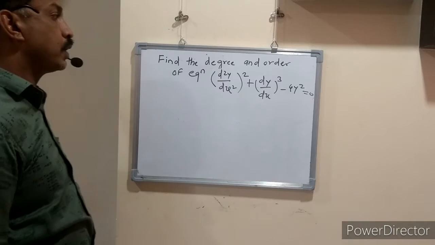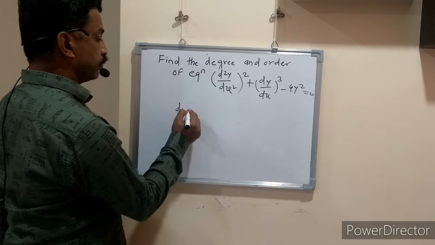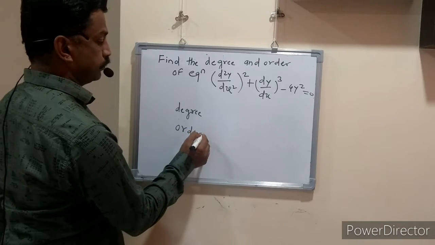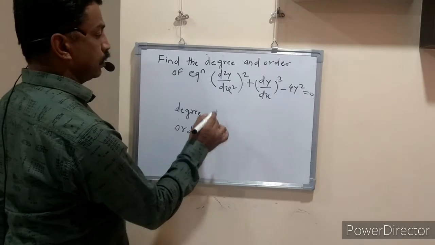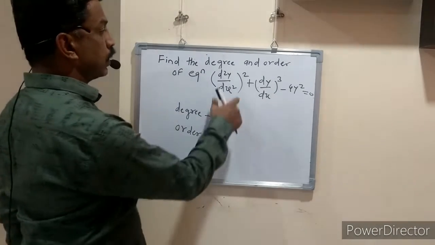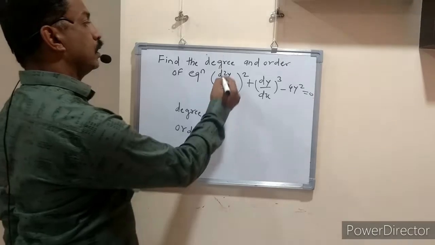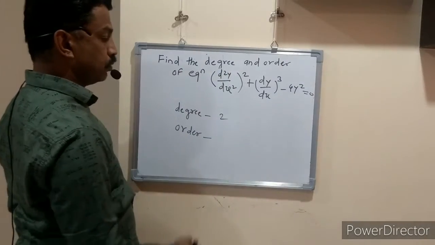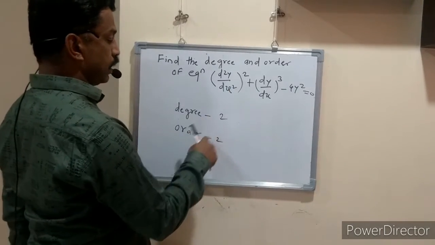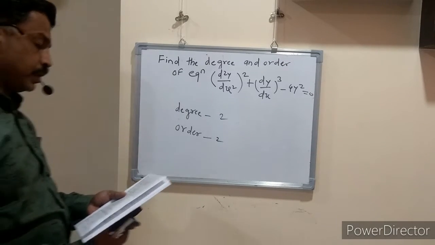Now here also we want to find out the degree and order of the equation. Again first I write degree and second order. Degree, as we have already seen, is the power of the highest derivative, which is 2, therefore the degree is 2, and the highest derivative is d2, so the order is 2. So such an equation is a second degree and second order differential equation. Now we take another example.